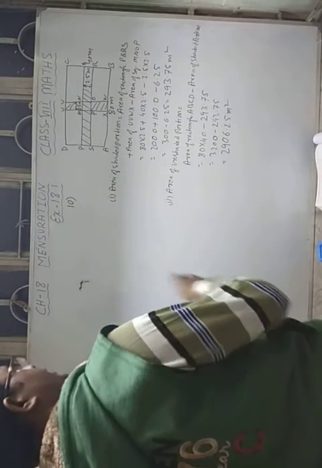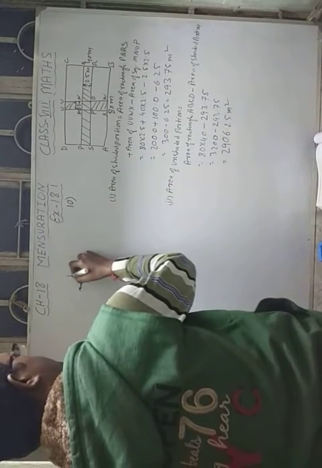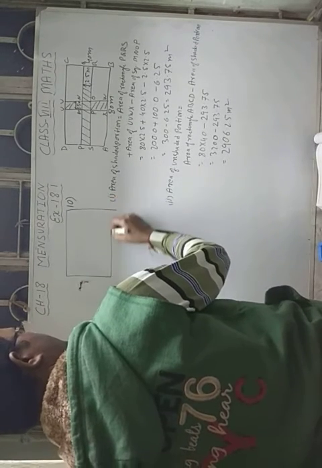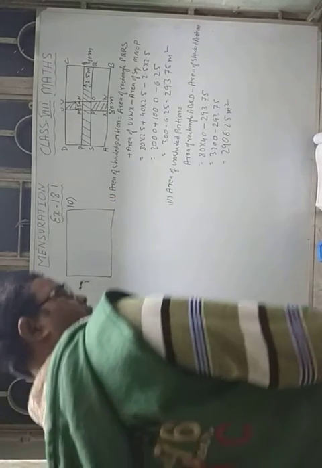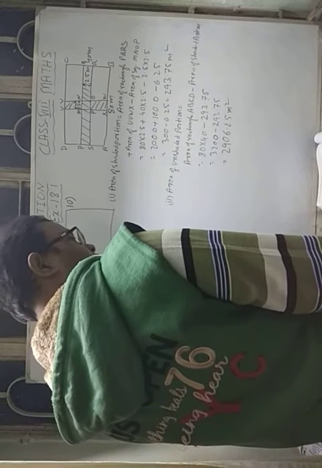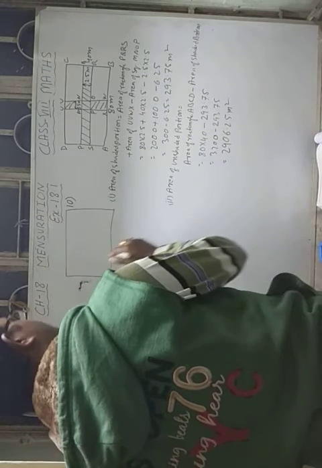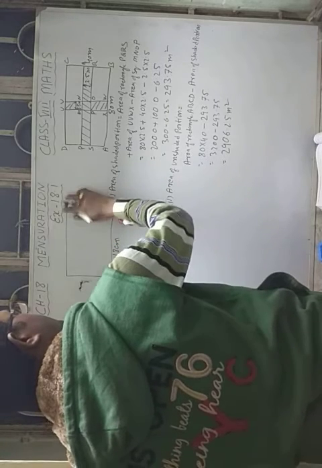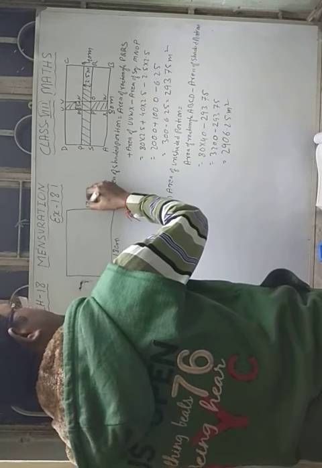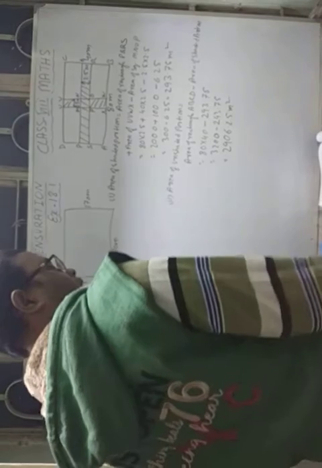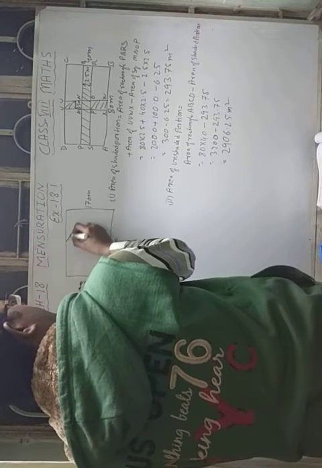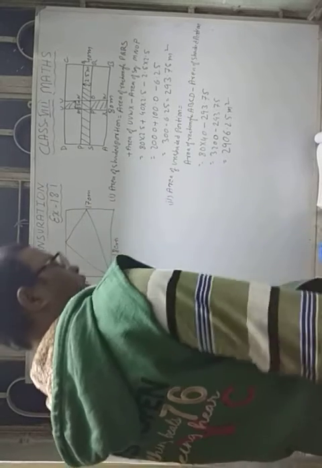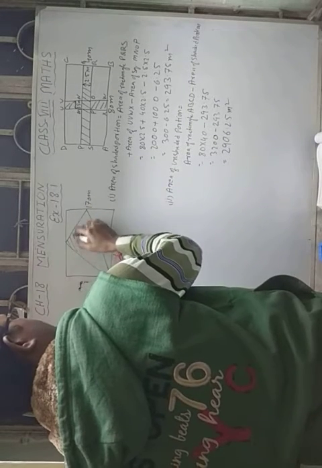So here a rectangle is there in the figure. A rectangle is given whose length is 18 centimeter and breadth is 12 centimeter. And a triangle is drawn over here like this. Okay, and this is the shaded portion.